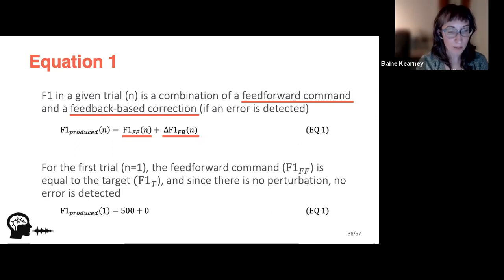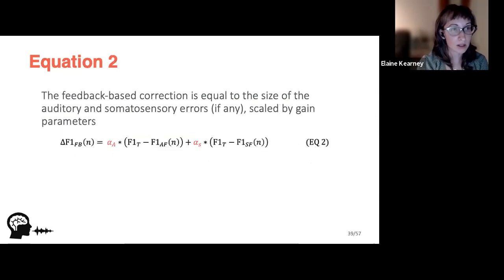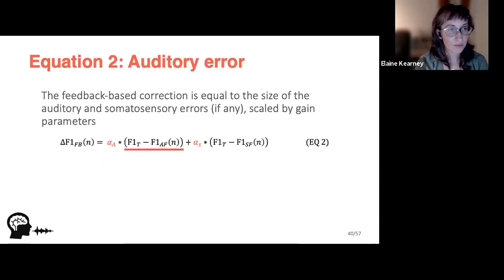Once we do have a perturbation, that's where our second equation is going to come in. And so this is where we want to estimate what that feedback-based correction looks like. And so that here is equal to the size of the auditory and somatosensory errors, if there are any, and then scaled by gain parameters. So this is a little bit of a mouthful, but I am going to break it down further. So if we first begin with the auditory error part of the equation,